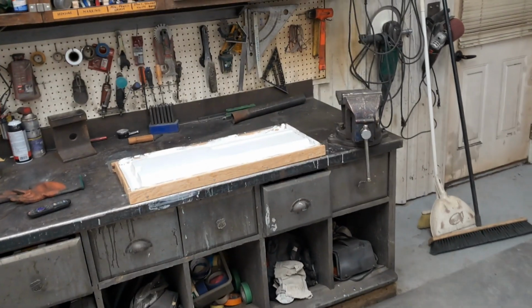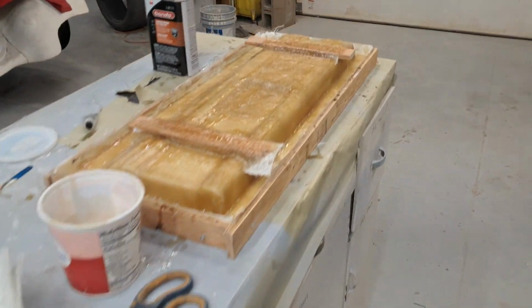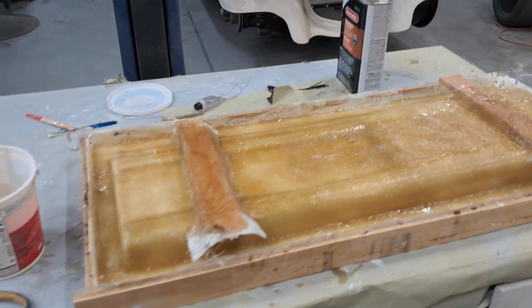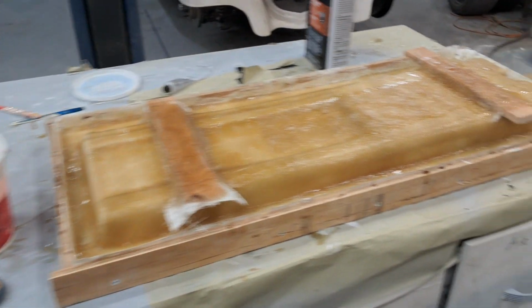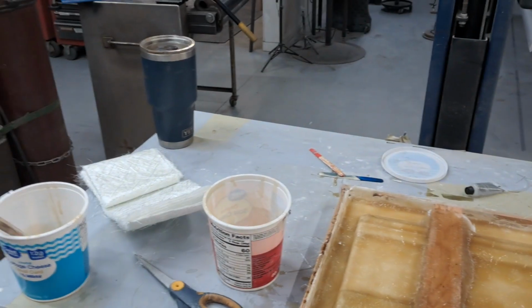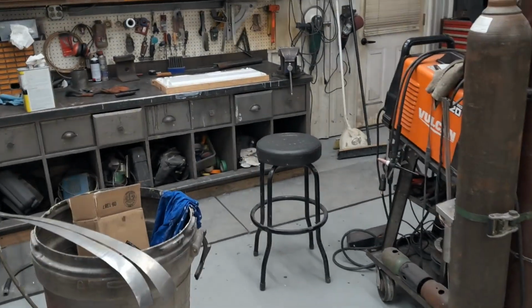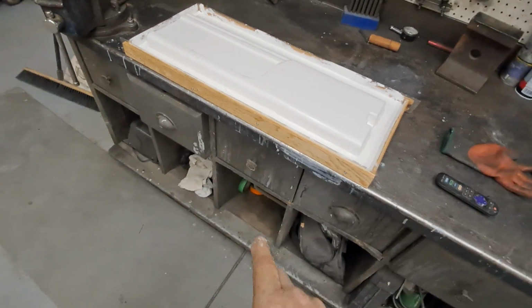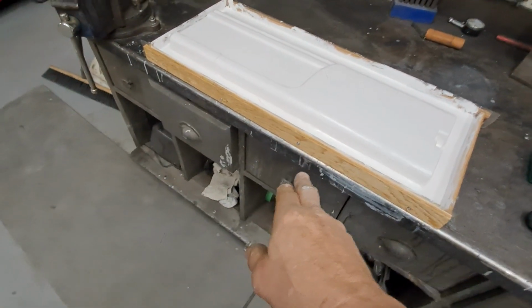Set that mold to the side, or plug that plug to the side, and finish the first mold. So now we will wait for a few minutes, have a cup of coffee, and then move this and start on that. I just thought as I was pulling the rails off the other one to bring you in and